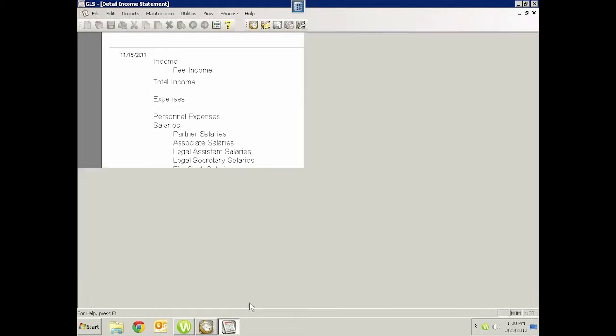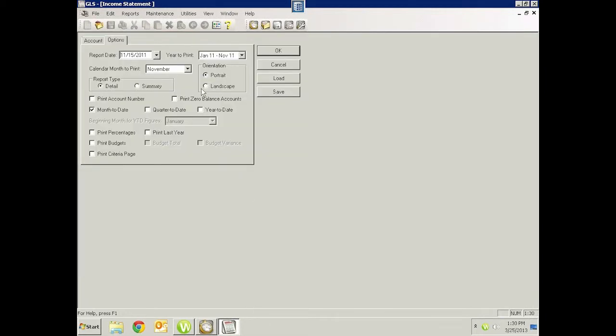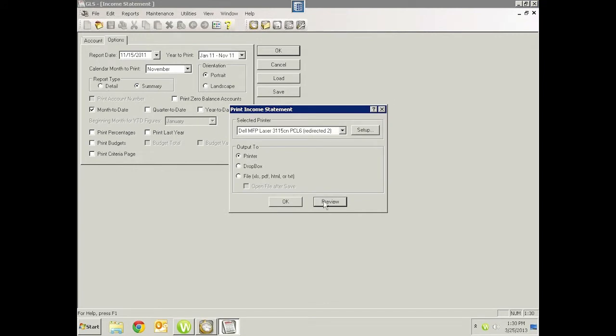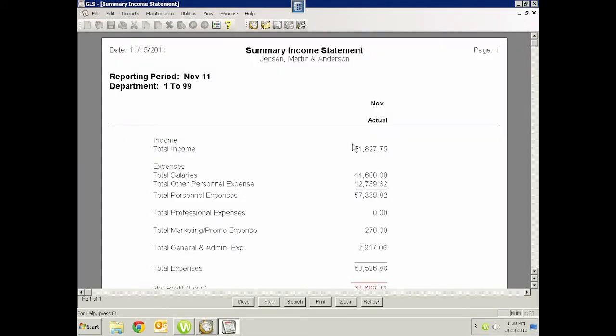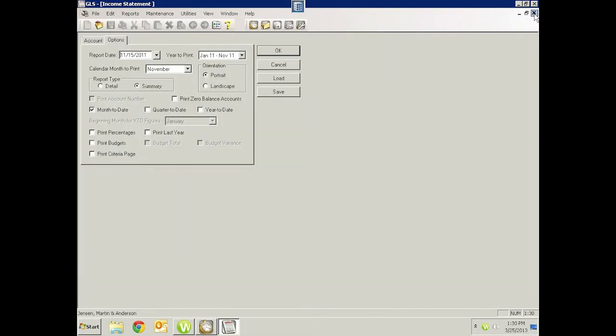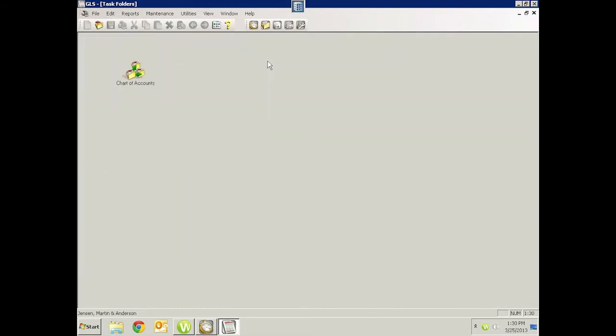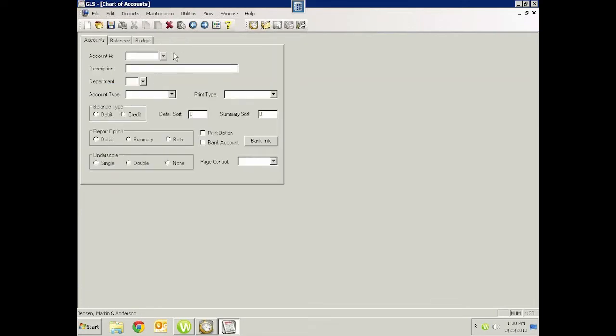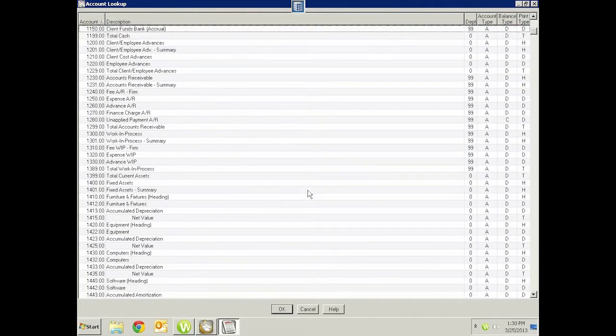If I run this same report in a summary mode, all I'm going to see is the totals. Total income, total salaries, total other personnel. These are the three totals that we just looked at. But when we looked at it in the detail mode, we also saw all the individual account numbers that are making that total up. Now, if we go back to the chart and we look at that section, what we'll find,